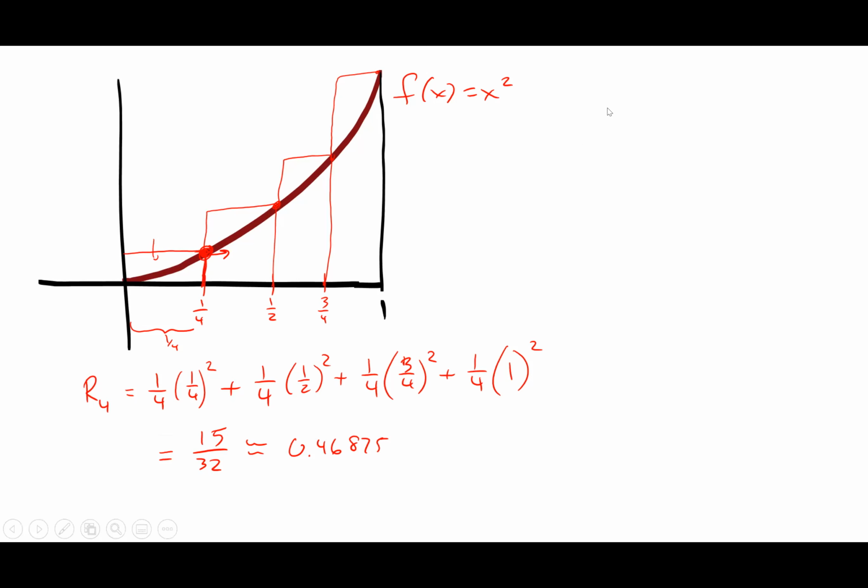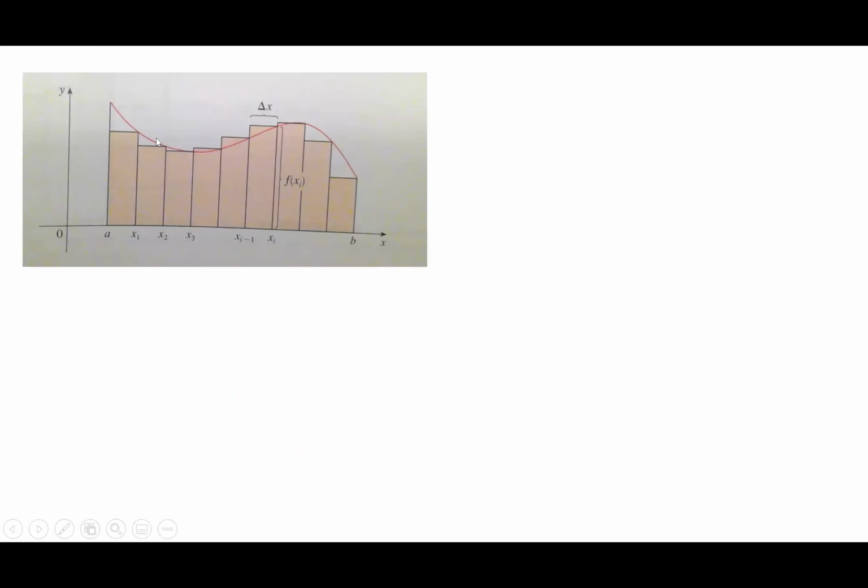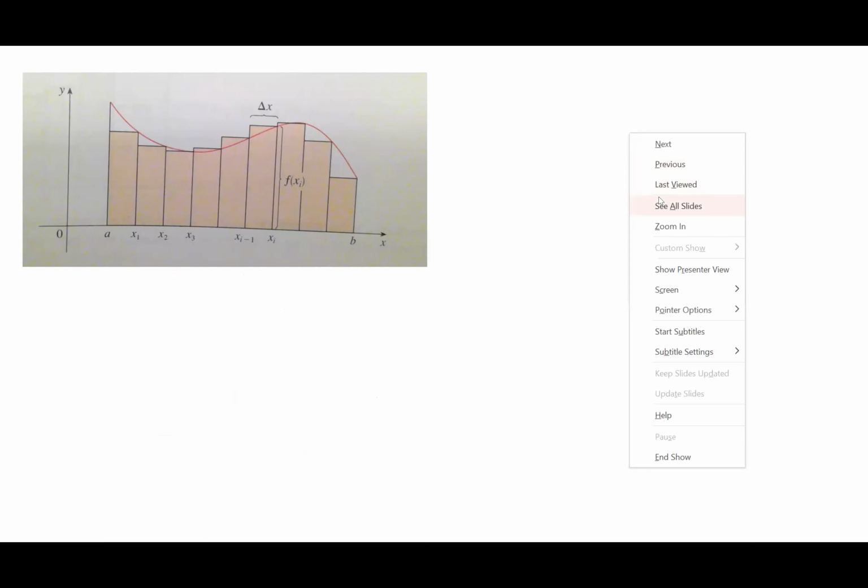Let me jump in with one more idea beforehand. Notice it's not always going to be this way. If I have something that goes like this, notice the error is a lot less, because I have points that go above and points that go below. And to answer Eli's question though,